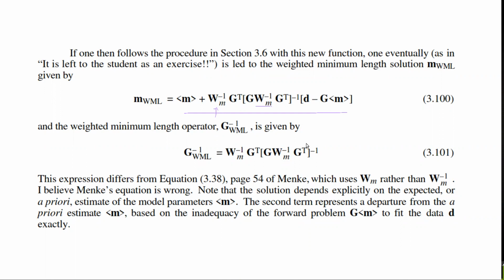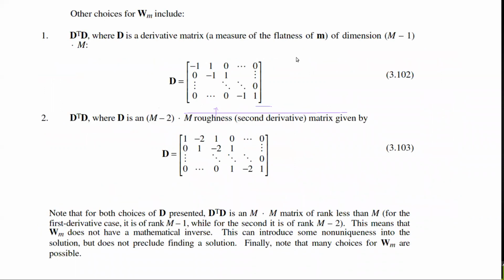Okay, so this is how you deal with noises in the data, when you want to weight the data by some weighting metrics. This slide shows some other choices of M. In the previous case, we used the inverse of the model covariance matrix, but we can use some matrix D transpose D, where D is the first derivative matrix. We call this the first derivative matrix or flatness matrix, or in some books you find it's called the smoothness